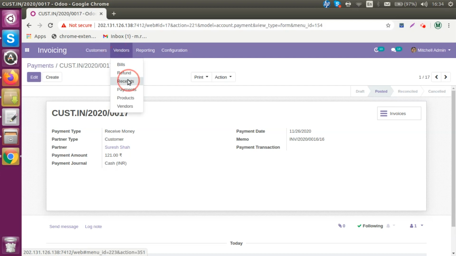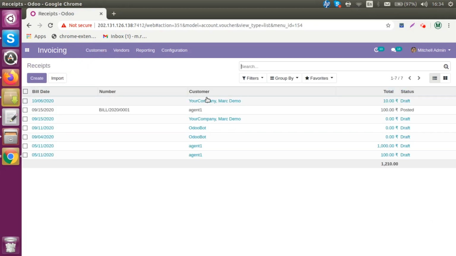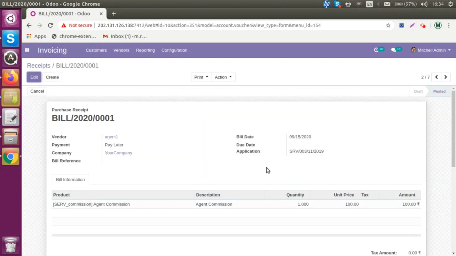Sorry, this is the receipts. Over here, this is the payment of this particular application of 100 rupees, which has been generated on the name of the agent. So the agent will automatically get a voucher, or he can easily see his commission in his reporting information.